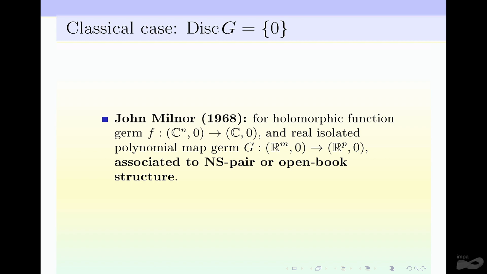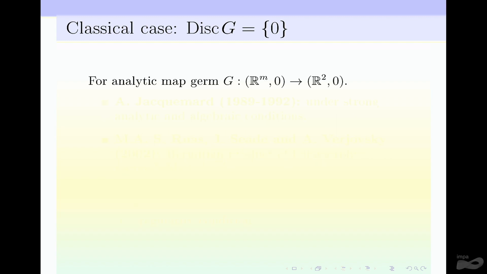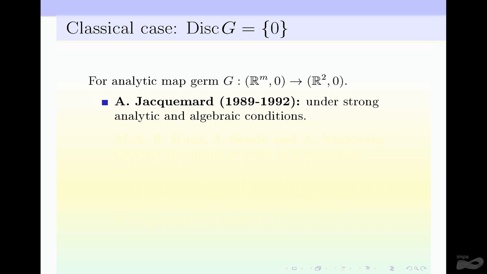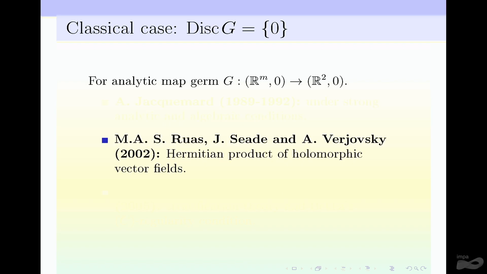It is easy to understand. Such a transversality holds for all spheres of radius small enough. That's the point. But anyway, other mathematicians already studied that, like Jacquemard and